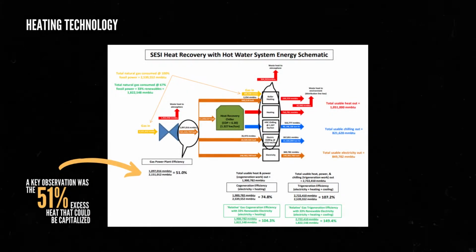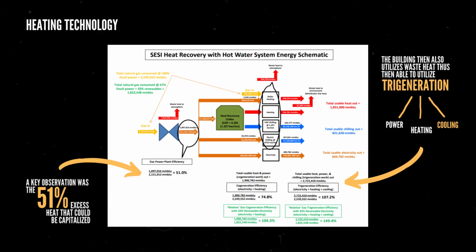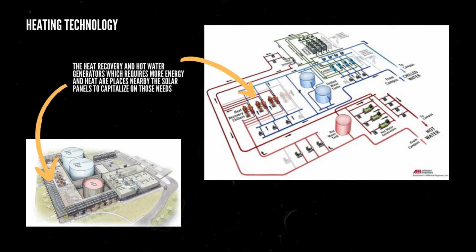A key observation through the heat recovery with hot water system energy schematic was the 51% excess heat that could be capitalized. The building then also utilizes waste heaters, then utilizes trigeneration using power, heating, and cooling. The heat recovery and hot water generators, which require more energy and heat, are placed nearby the solar panels to